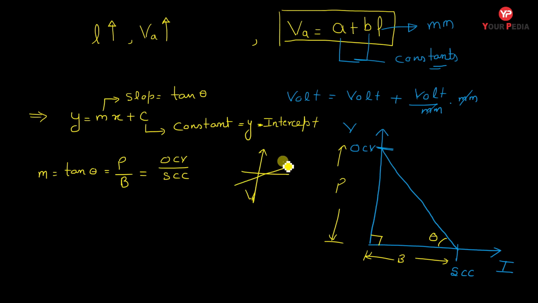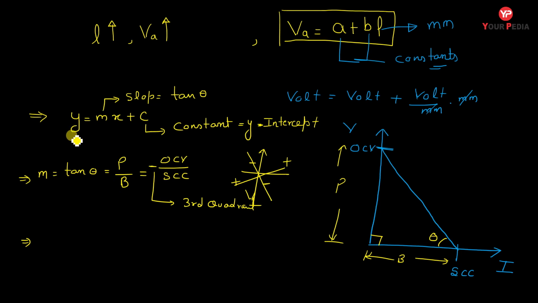Now if I talk about the concept of slope, slope in the first and third quadrant is positive, and slope is negative in the second and fourth. Here you can see this line is like this, so slope is negative. That is why slope is negative, so you can note it from here. Now we have calculated the slope also.